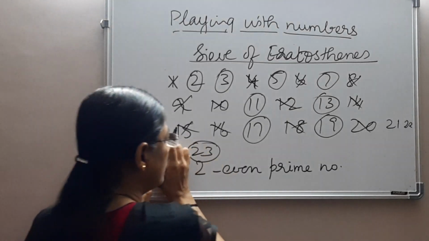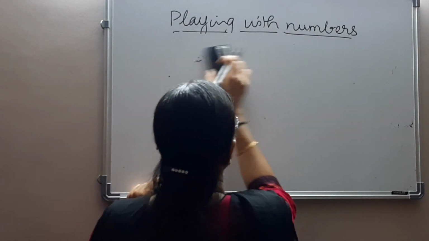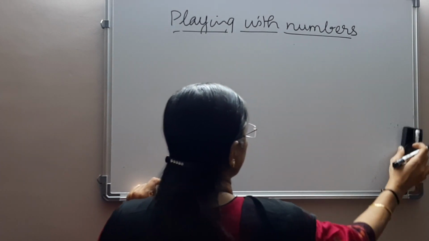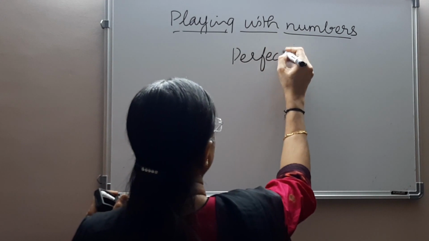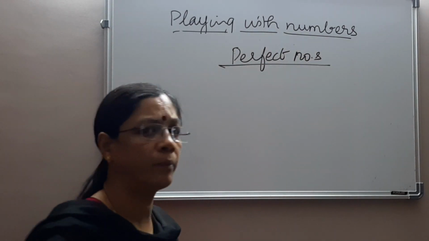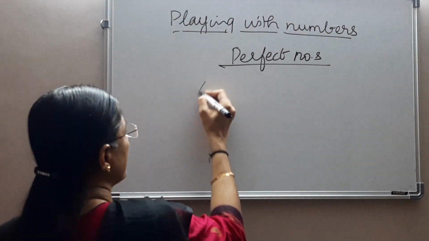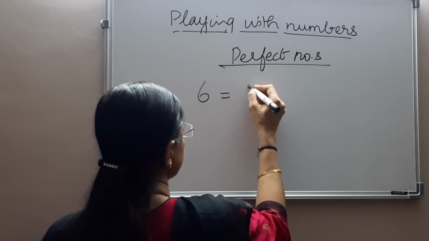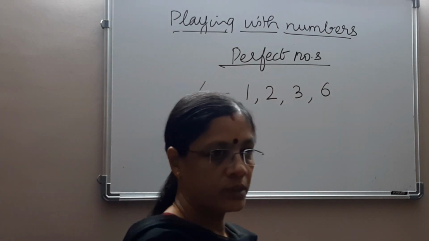Okay, so now after learning all these odd numbers, even numbers, prime and composite, now we'll see what are perfect numbers. The last in the list is perfect numbers. We have seen co-prime too, isn't it? Now we'll see what are perfect numbers. So let me write the factors for 6. Factors for 6 are 1, 2, 3 and 6, we know, isn't it?